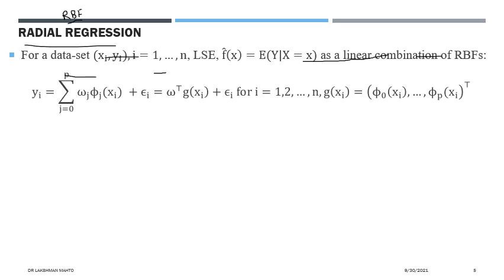So what would be the structure of the model? It is a linear model, you can see that. It would be the linear combination of radial basis functions, where j varies from 0 to p. It depends upon what dimension you want to take. p may be less than n, or if you take various other mixtures, p may be greater than n. It depends upon what choice you want to proceed with. I have not taken p equal to n, though it may be; I have taken a general p, so we are taking p basis functions.